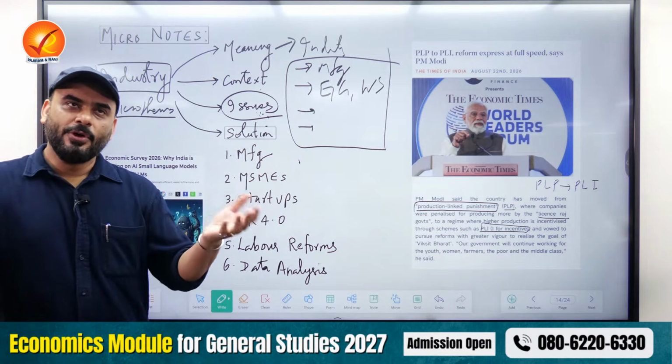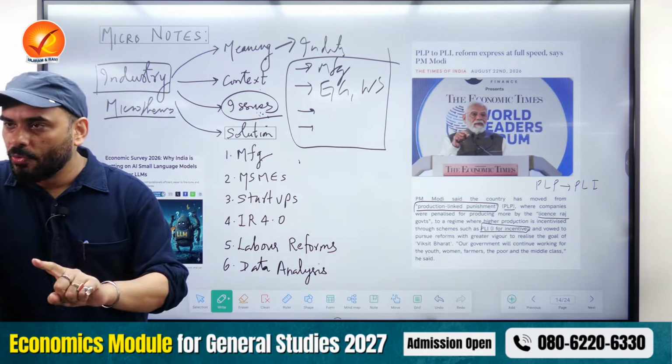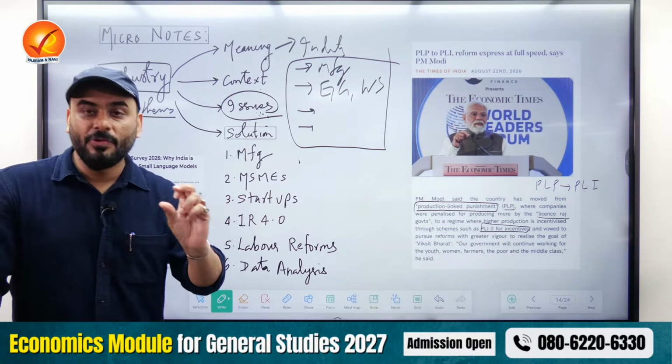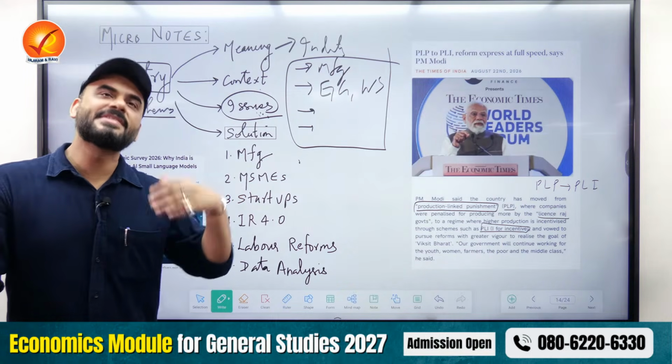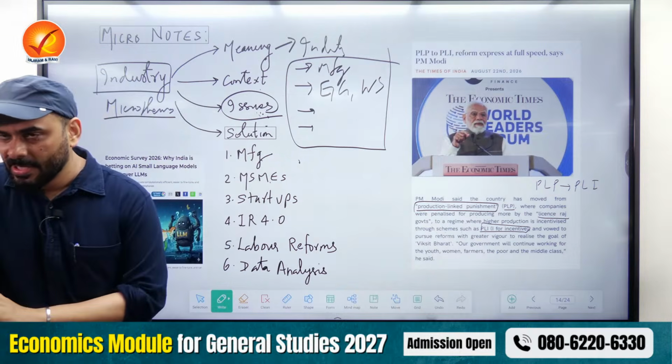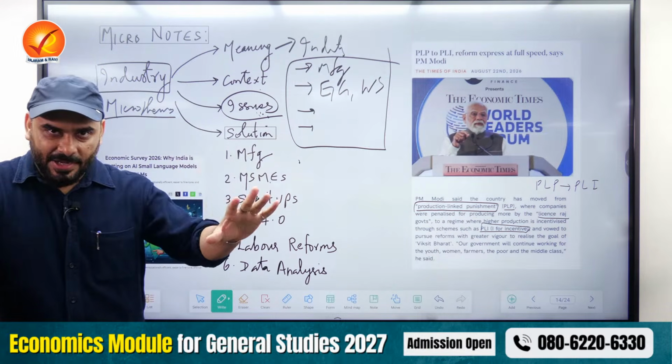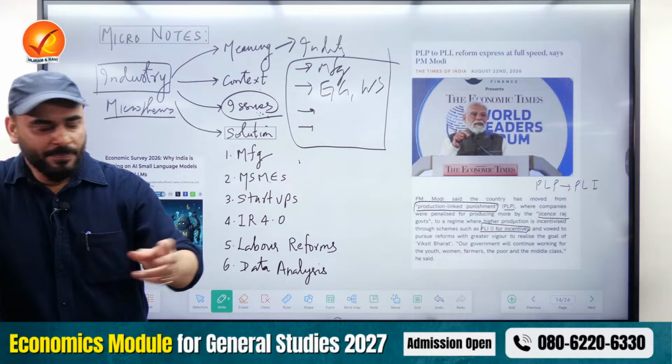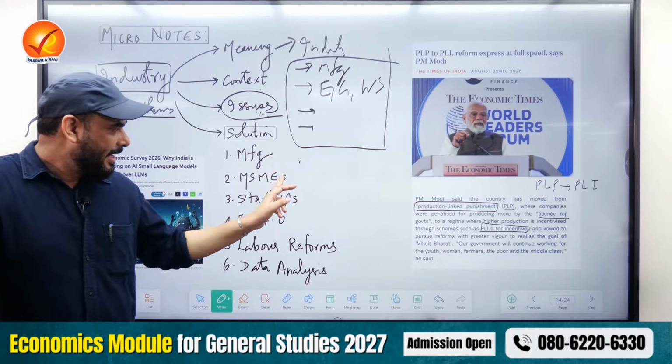Now, do we only need large industries in India? No. We need large industries, but people who have less capital, people who cannot start very big industries, we also need to support them to start something called MSMEs. So first we need to focus on MSMEs. Large industries are anyway surviving. So first manufacturing, second MSMEs.